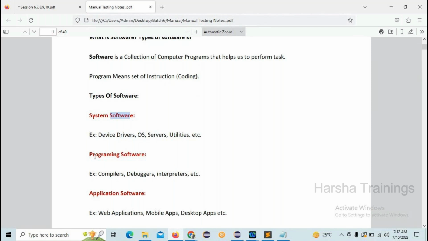Okay, and next one is programming software. Programming software is nothing but the different types of compilers, debuggers, interpreters, etc. So here, compilers, debuggers, interpreters is nothing but, if you have already completed your education in BTech or else,